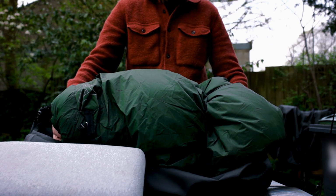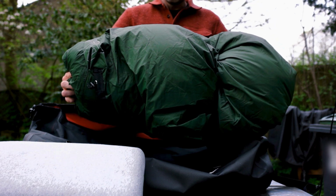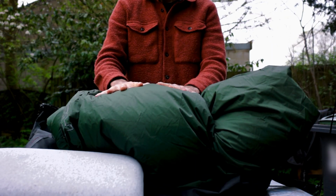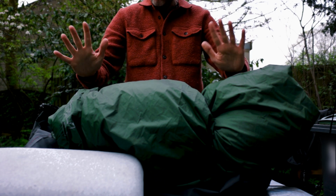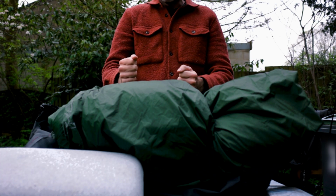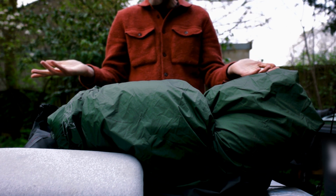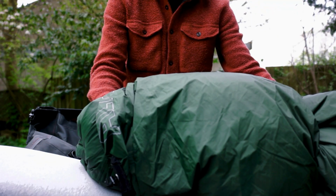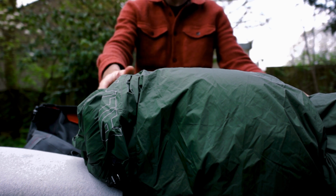One of the downsides is it's not that big, I guess. If you put them separately, you might be able to have less compressible volume, but it is light. So ultimately all you're really losing is the volume aspect. And again, with the things that I'm picking, I'm not too fussy about volume overall. It literally rolls out, put some air in it, and it's ready to go. It takes about 5 minutes maybe from taking it out of this bag and onto the floor. So in a stealth camping situation, both for setting up your camp and for taking it up in the morning, you lose no time,